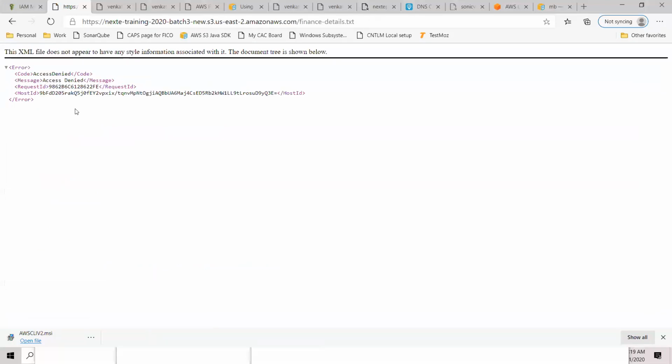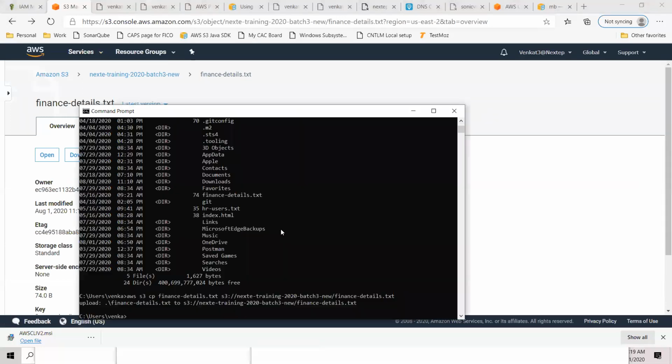Of course, it's access denied because it was not made public. You can make it public. You can also do a sync between your bucket and your local file system. Okay, it's a class by itself. CLI can take a good 5-6 hours by itself.